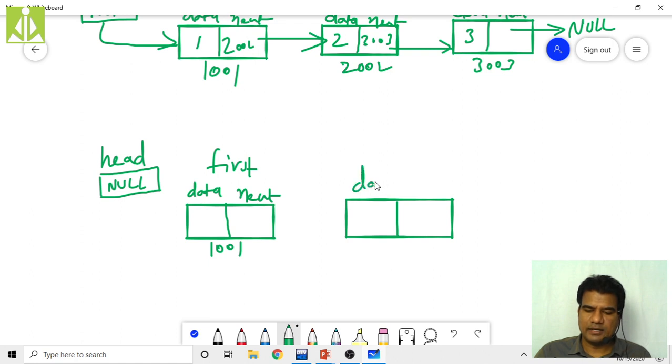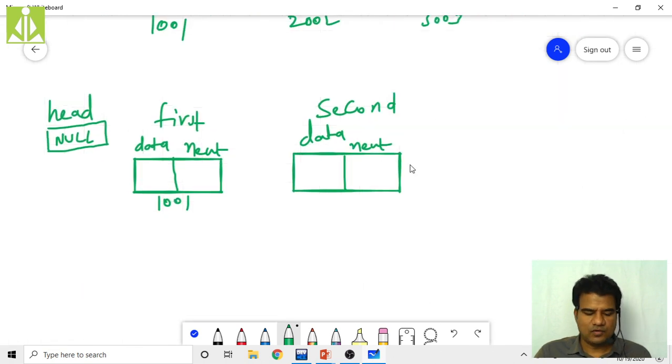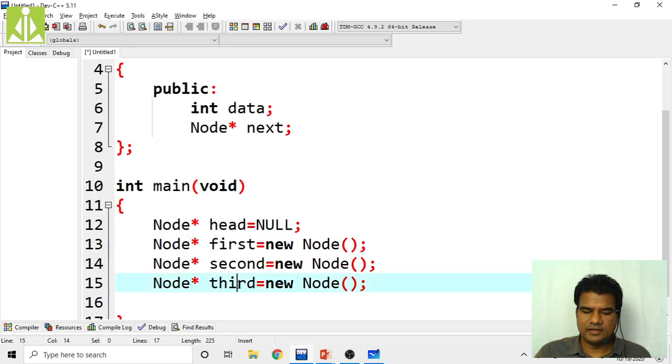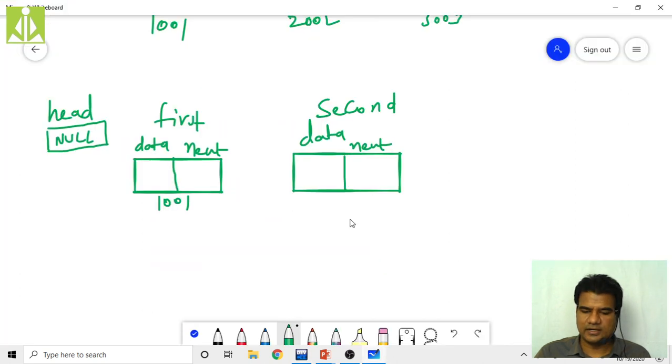Data part is holding nothing, and next part is holding nothing, and this name is second. Then we have created the third node, something like this, and in it again we have not initialized the data part or the next part, and here the name is third.